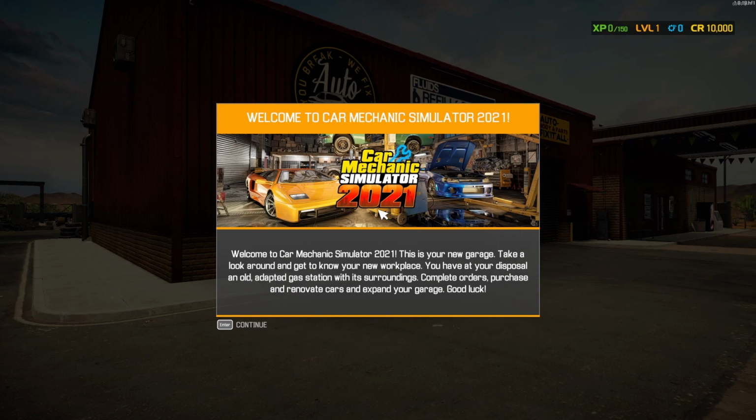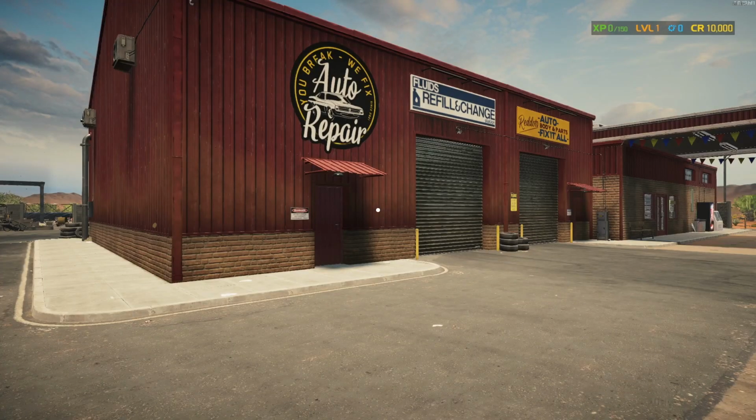So welcome to Car Mechanic Simulator 2021. This is your new garage. Take a look around and get to know your new workplace. You have at your disposal an old adapted gas station with its surroundings. Complete orders, purchase and renovate cars, and expand your garage. Good luck. So if we go in,